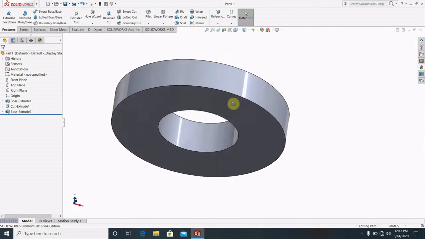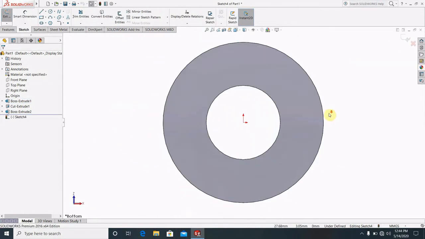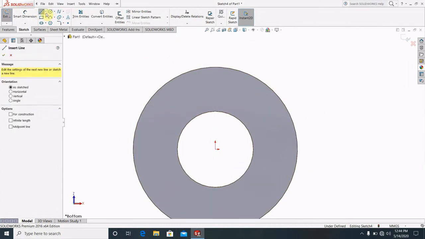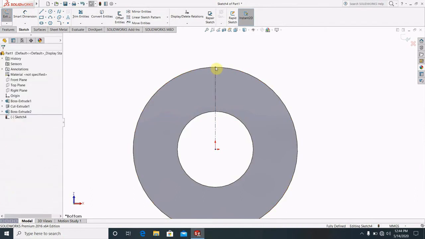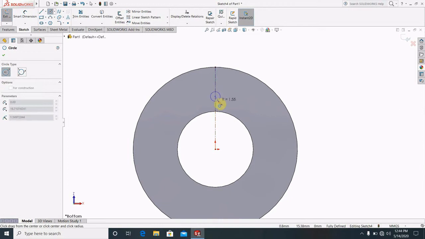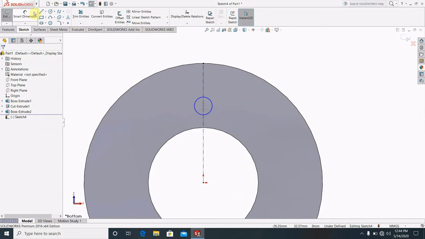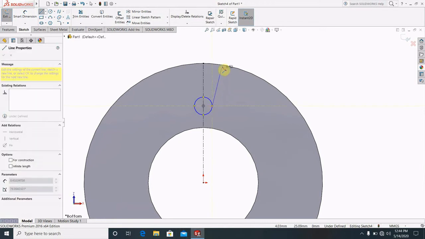Select this plane and make it perpendicular. When you have made it perpendicular, go for the center line, and this will be one line here. You have to make one circle here. Okay, that circle is here, you have to make one circle here. Then you have to go for the line, click here, and here,